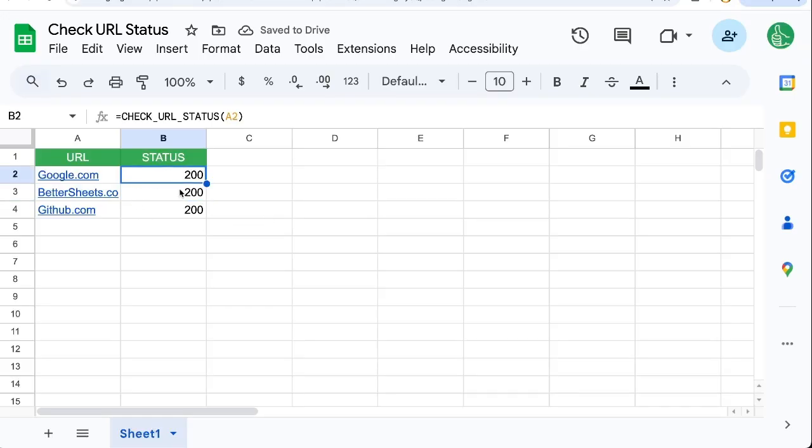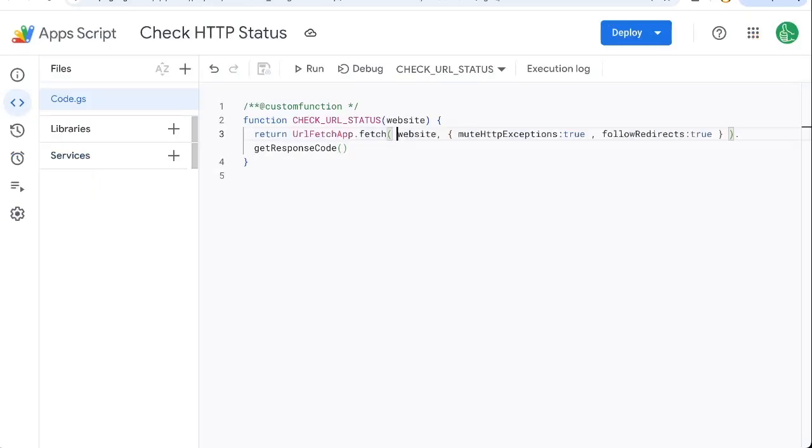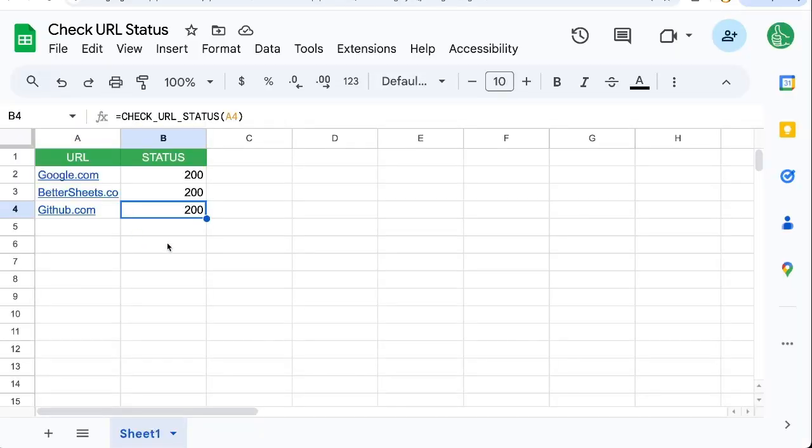And this should update every 15 or so minutes. There's quite a different amount of updating between these. But you can leave this in here and see if this is going to change at all. Try some websites that are down. You are going to get an error sometimes, but that error is a good thing because it means it's not getting a 200. So like if we put a website that doesn't exist,